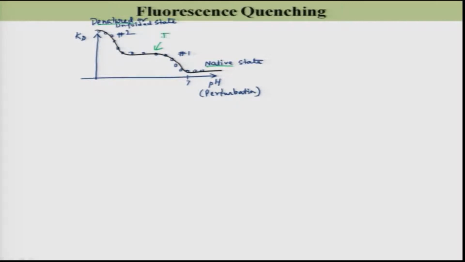So, I would have the signature of an intermediate state in this case. So, in this case the denaturation is not a 2-step process, this is a 3-step process. So, I can write that the native state of the protein is first changing to some stable intermediate state, and then this is converting to the unfolded state. So, this is a 3-state